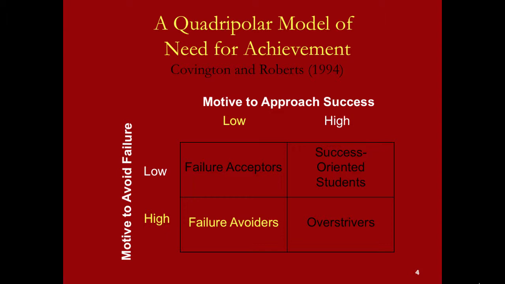The three indices, active choice of behavior, level of activity and involvement, and persistence and management of effort, would look different in this box than it would in the success-oriented students. For a student who's very motivated to avoid failure, they will engage in tasks, but they will tend to procrastinate, tend to wait till the last minute, because they're not trying to approach success. They're not trying to give their best effort. They just want to get the task completed.